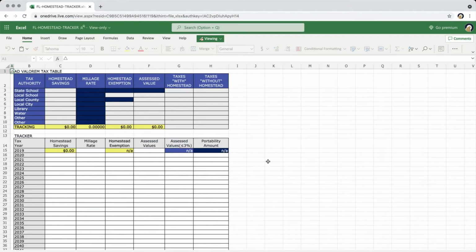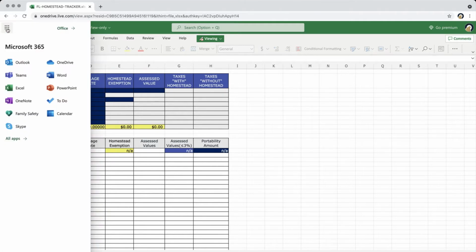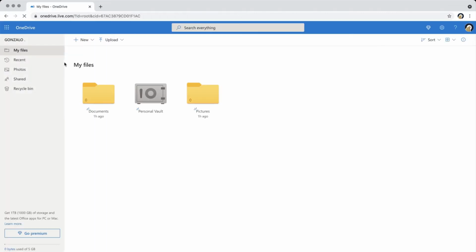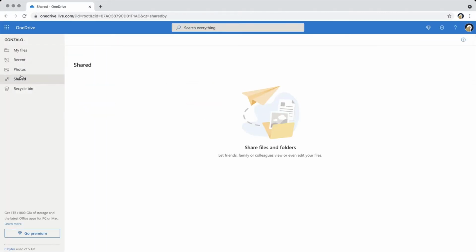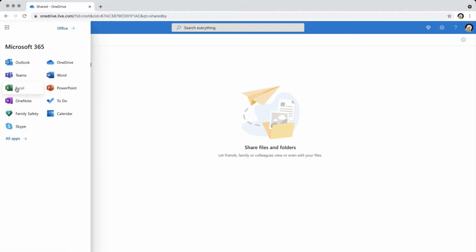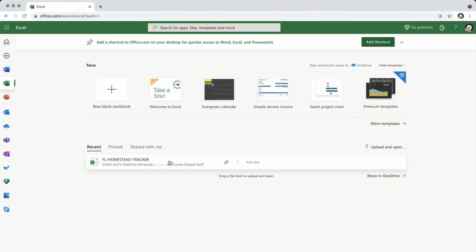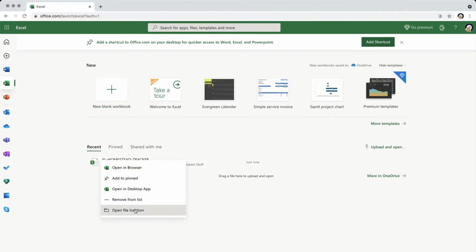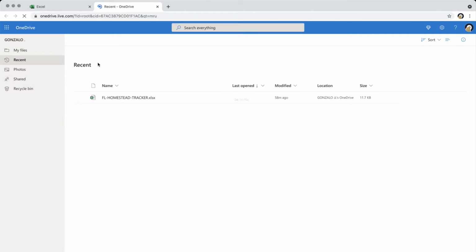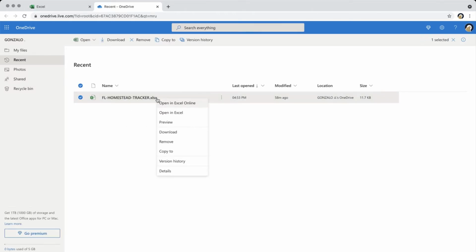Now, for Microsoft Excel, I forget how to do this one. We're going to go up here, go to OneDrive. Trying to find the one I shared. Is it here? No. Excel. Is that it? How do I copy this thing? Oh, it's under recent. Okay, here it is. Found it. Here's the shared one.